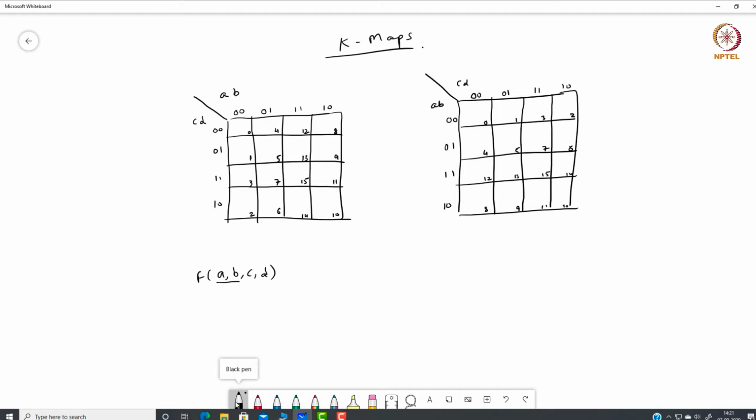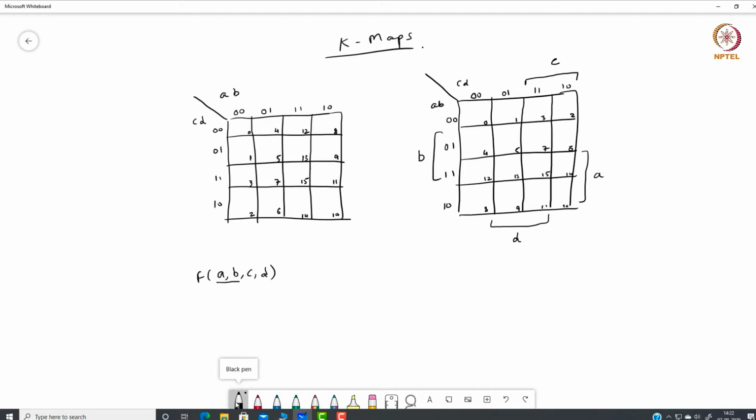And further, sometimes to make things easy, we also say that this means C and these 2 columns correspond to D, and you can see these two are corresponding to A and these two are corresponding to B. This is also another representation which can help us in finding out what are the variables or what are the product terms corresponding to each cube which we create. So this was the summary of K-maps.